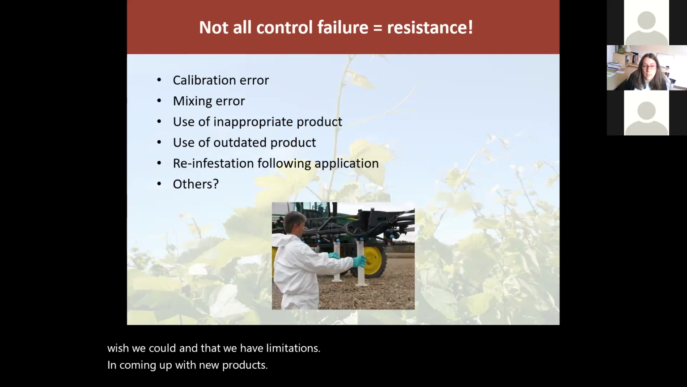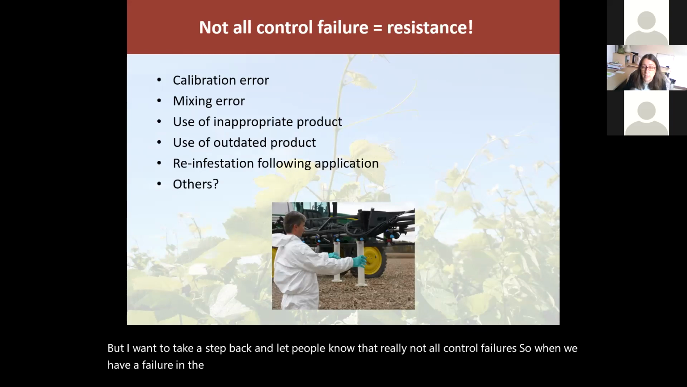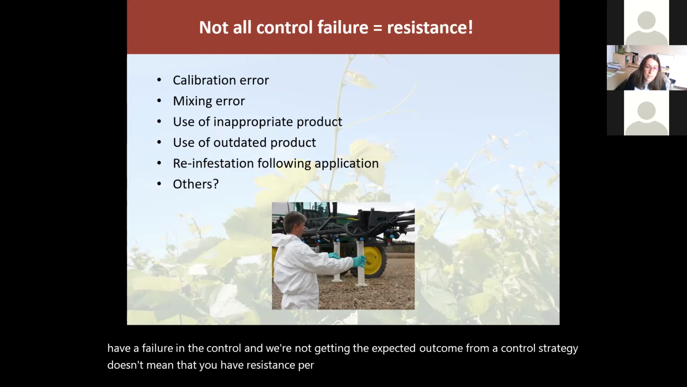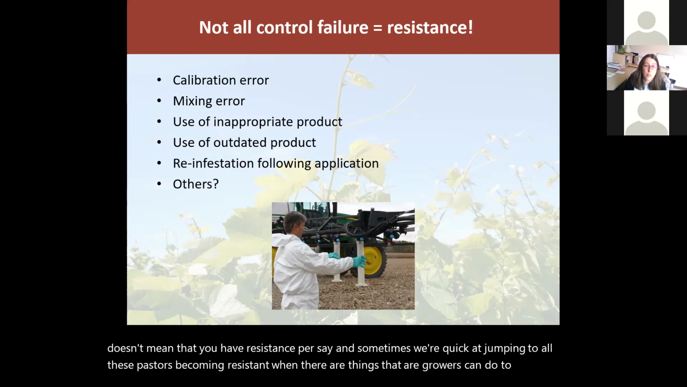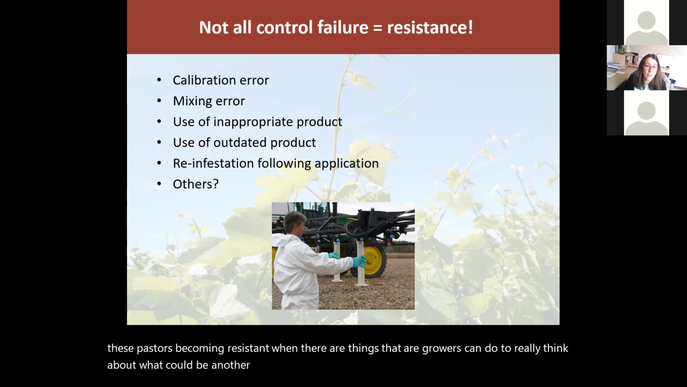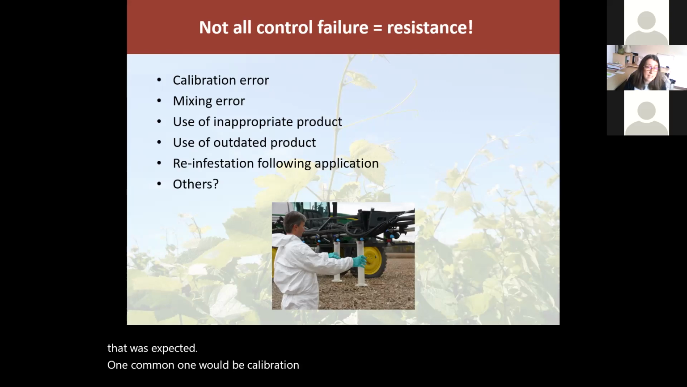But I want to take a step back and let people know that really not all control failure is resistance. When we have a failure in the control and we're not getting the expected outcome from a control strategy, it doesn't mean that you have resistance per se. Sometimes we're quick at jumping to, oh, this pest is becoming resistant, when there are things that growers can do to really think about what could be another problem of why that control failed at providing the control that was expected. So one common one would be calibration error or mixing error,